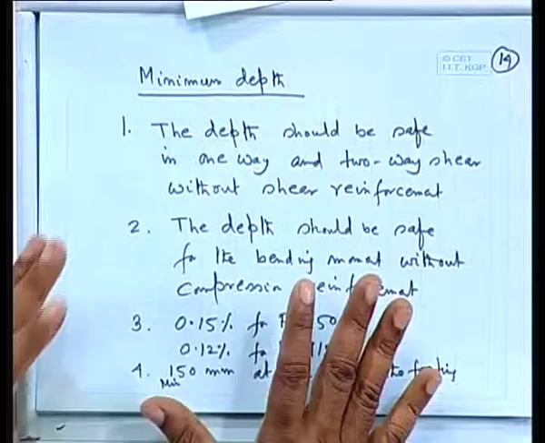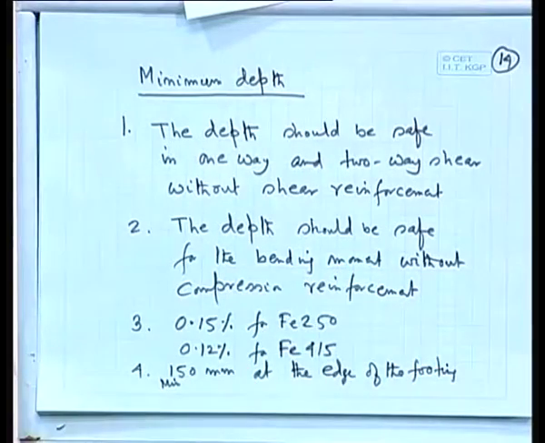Next class we shall solve at least one problem on a square footing, because our main objective here is to finish all the different components. We have done slab, beam, columns, and now we are doing footing, and one more we have, that is staircase. So that for a building we shall have all the components, and then we shall start with at least one multi-story building, designing all the components starting from the analysis and the design.